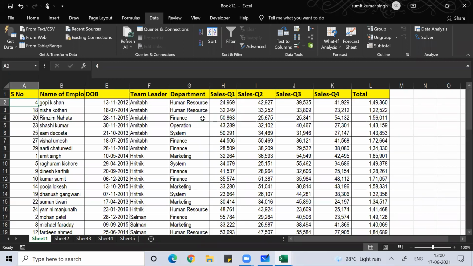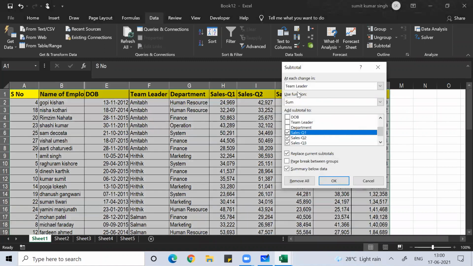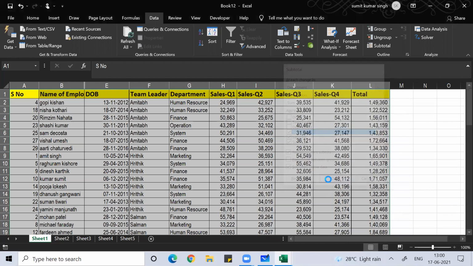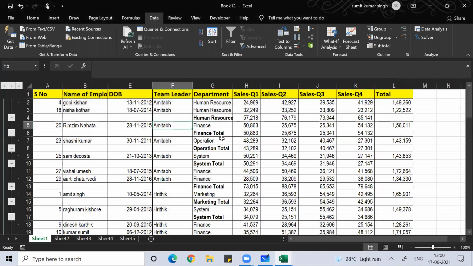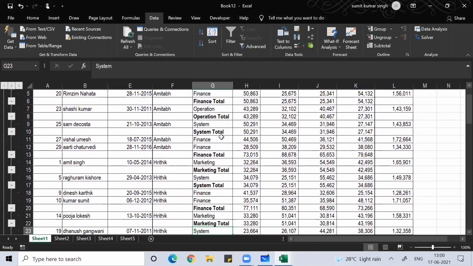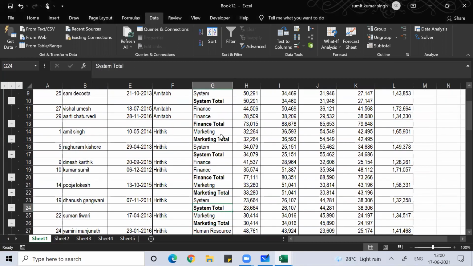Now suppose I want subtotal department wise, then you'll do the same thing. Go to Data, Subtotal, use function Sum at each change in department, sum Q1, Q2, Q3, Q4, press OK. If you do it like this, you are making an error. I told you, whenever you use subtotal, please don't do it like this.